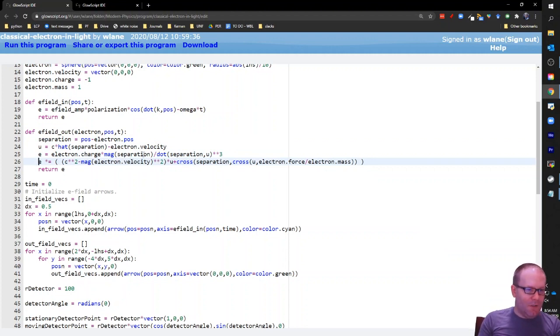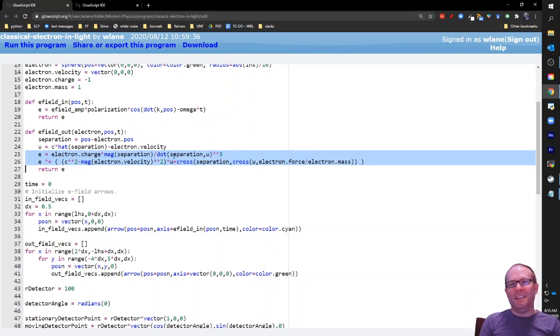It involves the electron's velocity. It involves the separation vector between where the electron is and where you're going to be looking for the outcoming field. It has this modified velocity that is the speed of light times the separation vector, unit vector. I will leave for you in the description below a link to a reference about this because it has this really great derivation that takes pages and pages of text to accomplish,